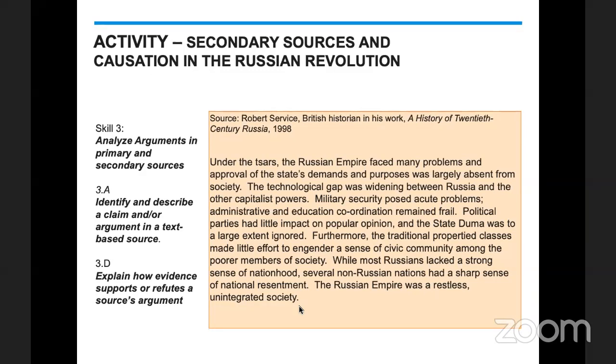So as you're reading this, I want you to take a minute and think, maybe even go back to that framework of GeoSprite and look at the different causations in here by Robert Service about why the Russian Empire at the start of the revolution is in disarray. We have technology mentioned, we have political things mentioned, we have social things mentioned. And then I'd like you to think about what information you have that you could use to either support something that Service says or to go against it.